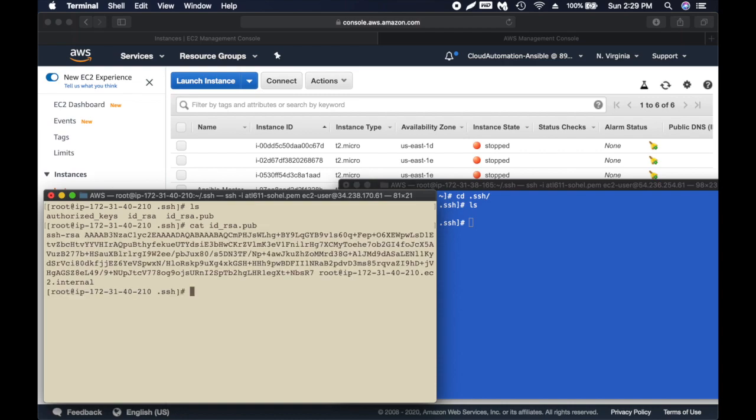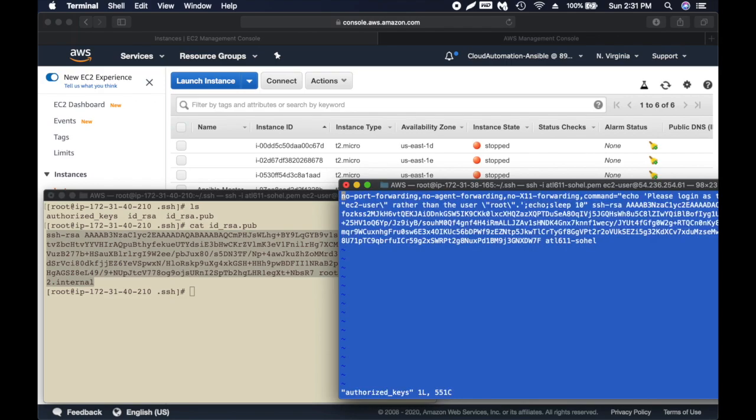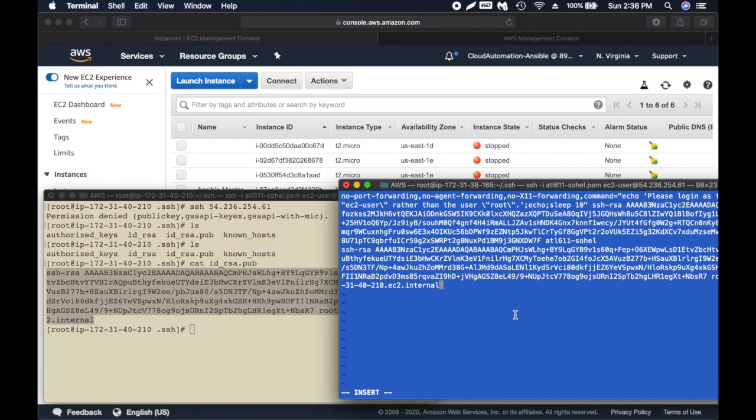So we need to copy this public key to our client, so that way we can communicate with each other. So I'm going to copy the entire key and come to my client and open up the authorized keys file. I'm going to use VI, but if you are familiar with Nano or any other tool, that's fine. Press enter, press escape, save it,